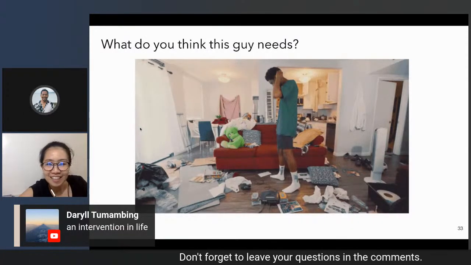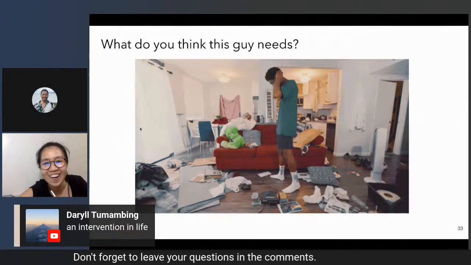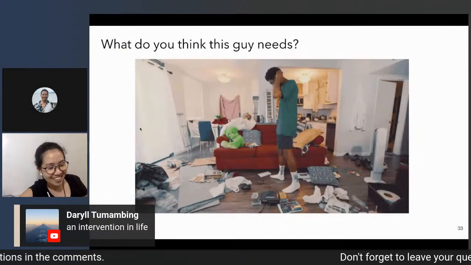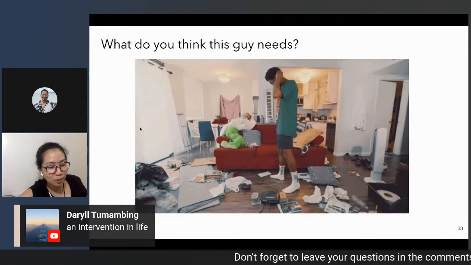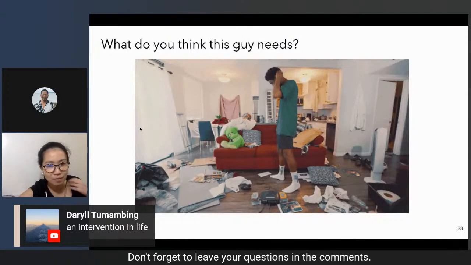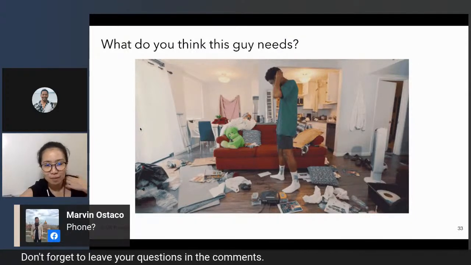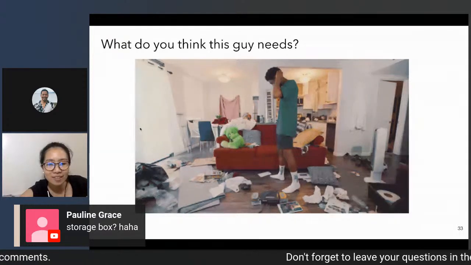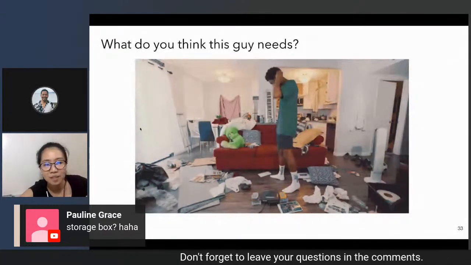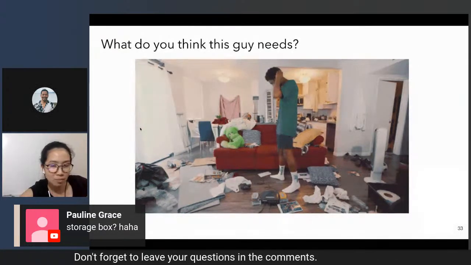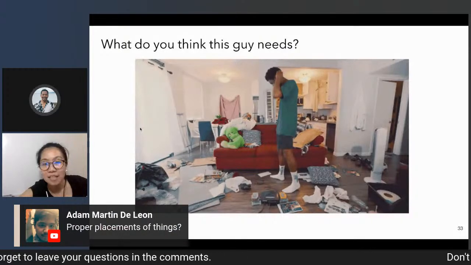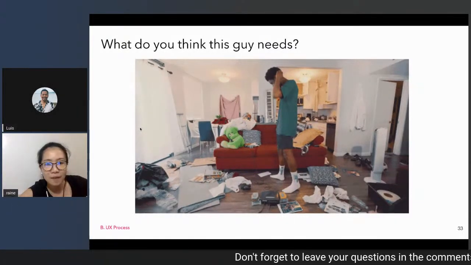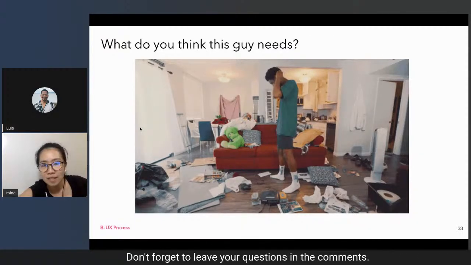Daryl says an intervention in life. Wow. That's deep, diba? I think everybody needs that. All right. We have Marvin saying that he needs his phone. Probably he's looking for his phone. Tapos nagulo niya na yung kwarto niya. Do you have any other? Storage box. Yes. And then from Adam, proper placement of things. Okay. Yeah. All right.